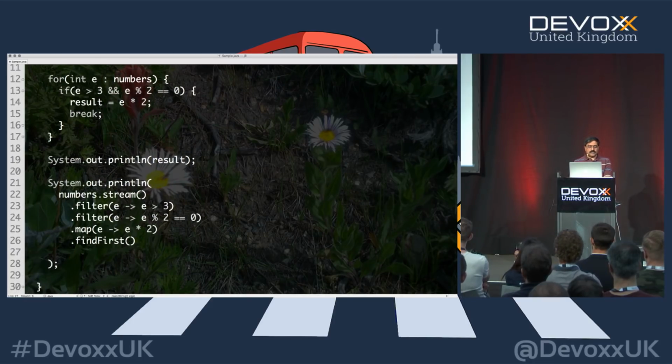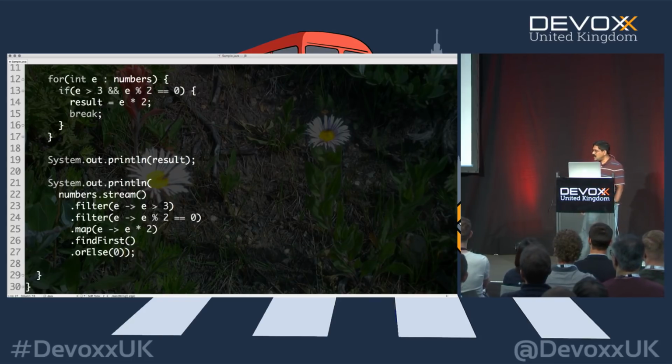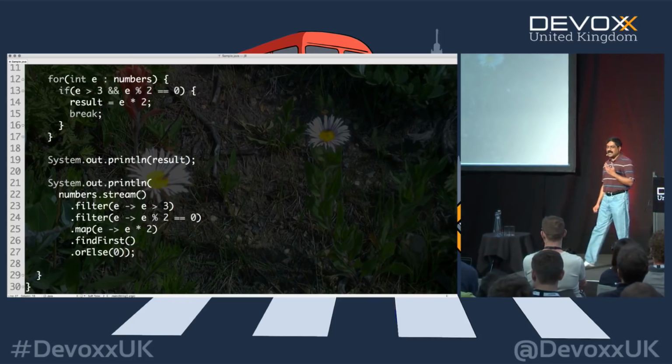Well, what does it return to us? It returns an Optional. So I can then say orElse and make a conscious decision to return a 0 if that's what I wanted, if the value doesn't exist. But if you notice again, the code here is very highly expressive. It is beautiful. It's easy to understand, easy to maintain.